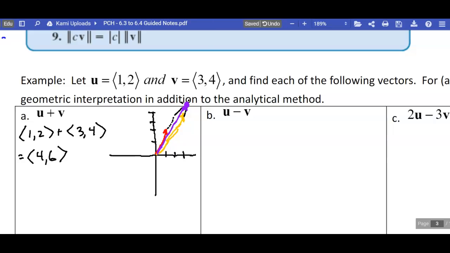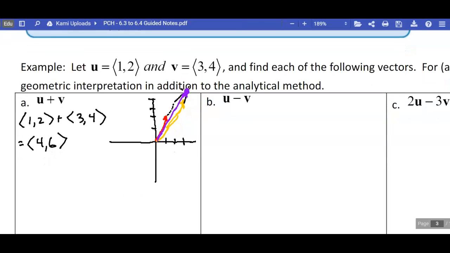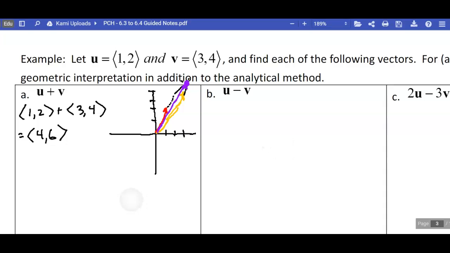Now, remember that this is called component form, all right? And component form always starts from the origin, and we like that. We're going to talk about another form, which is just a different way to write the answer. It's called standard unit vector form. But just want to give you a little preview there. All right, so let's do